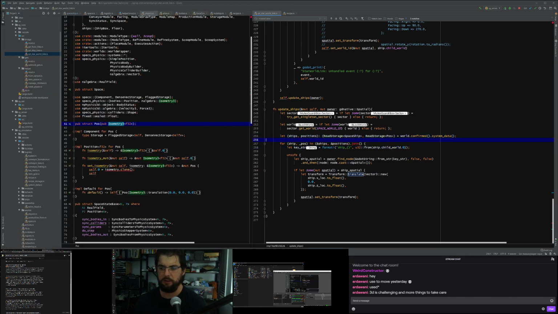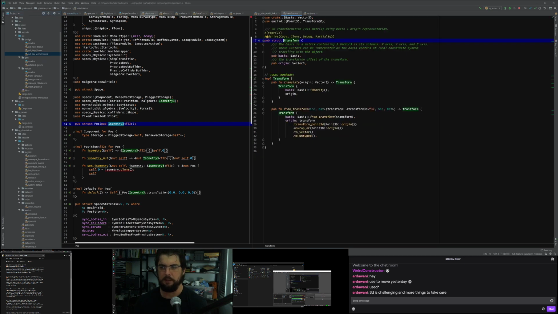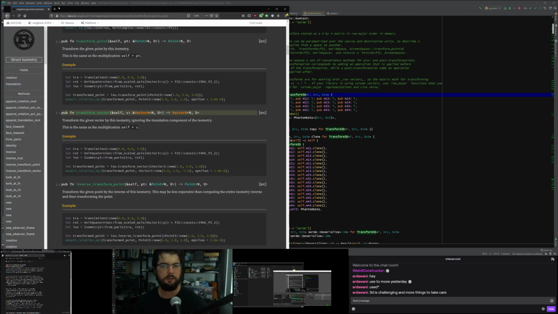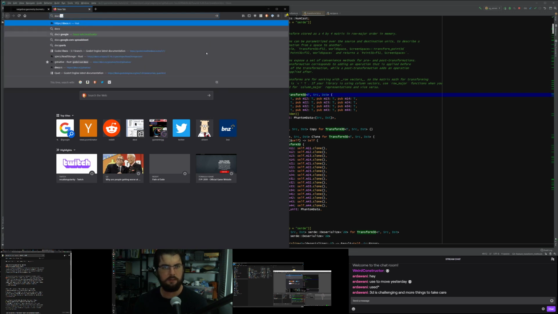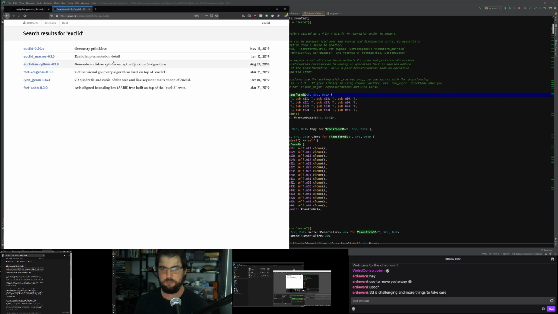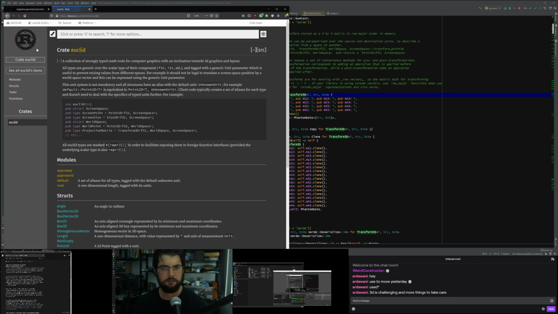So let's have a quick look at how Godot's transform works. And as far as I remember, that was a really basic class. The only reason why it has any methods at all is because I put these here. So from transform takes the transform 3D object. That's the one that's fully fledged, and it comes from what library is this? This is uslid. So is it the same library as this one? No, it's in algebra. So we need to just go to docs again, and look for uslid library. Let's have a look. Okay, and in uslid we want to have a look at the transform 3D because we want to make one.